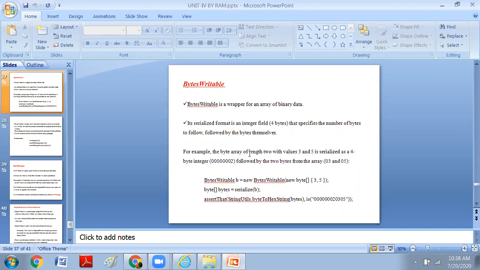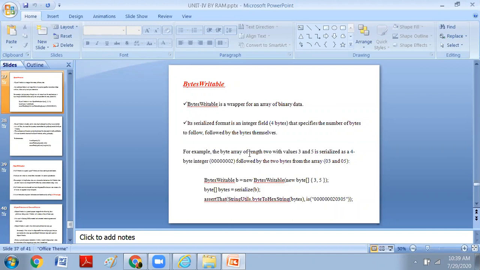Internally, how are the values stored in this BytesWritable object? Whenever we give values to this BytesWritable object, they will be stored in the serialized format. First, an integer field will be there, a 4-byte integer field, which indicates how many values we are going to store.